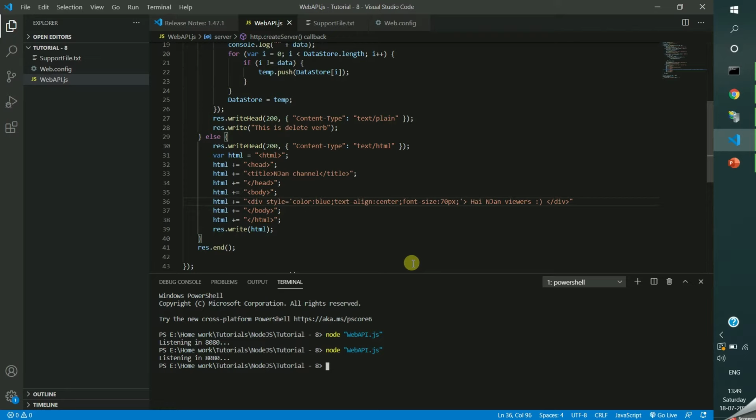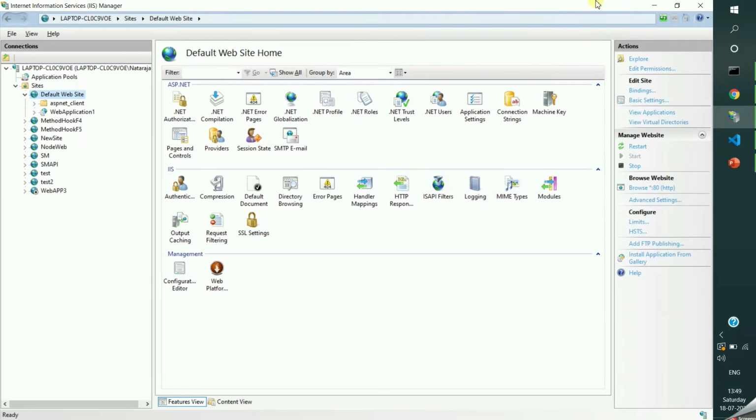Actually, for deploying Node.js we have multiple ways. For example, you can do it on an Apache server or some other environment in multiple ways. If you have Windows OS and you are familiar with IIS, you can do the deployment even on IIS itself. By default, if you have Windows, with a few steps of configuration you can enable your IIS. If you have any struggle, just ping me, I will help you.